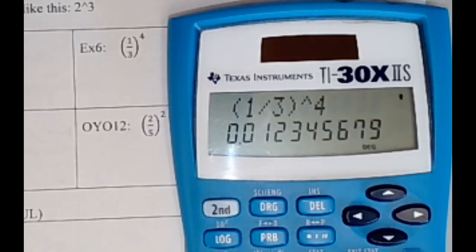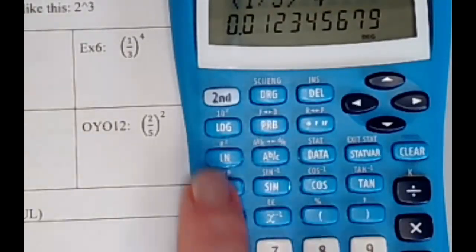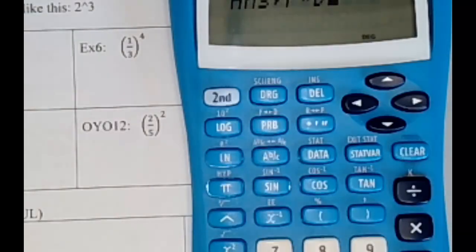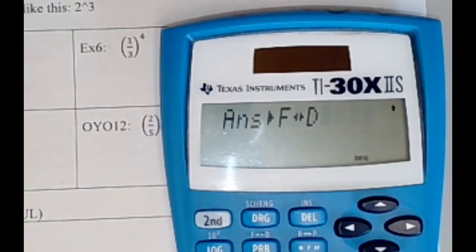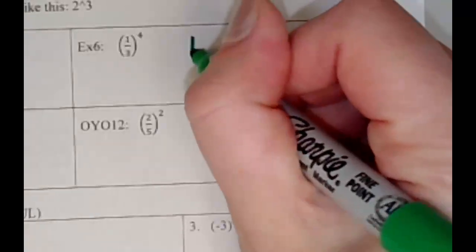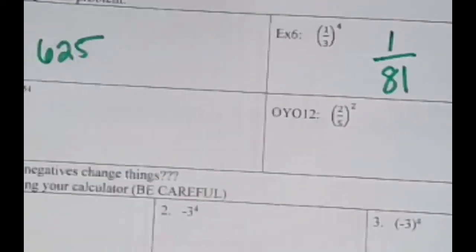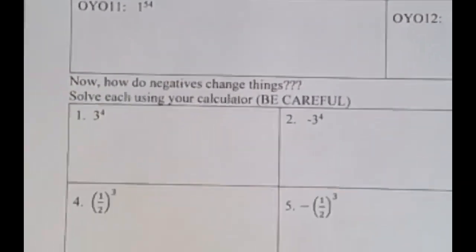If you ever want to convert it from a decimal to a fraction, there are buttons that you can push for that. You hit second, PRB. This will pop up. F to D means fraction to decimal, and vice versa. So you get 1 over 81. That's what I want to see here. I would prefer fractions over decimals here. The on your own is for you to practice by yourself, so I'm going to go ahead and move on